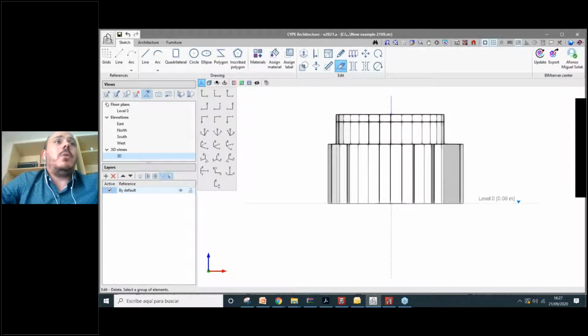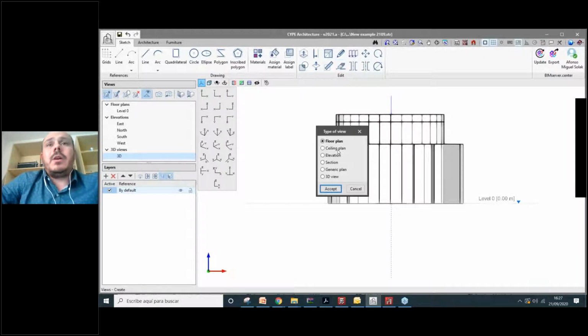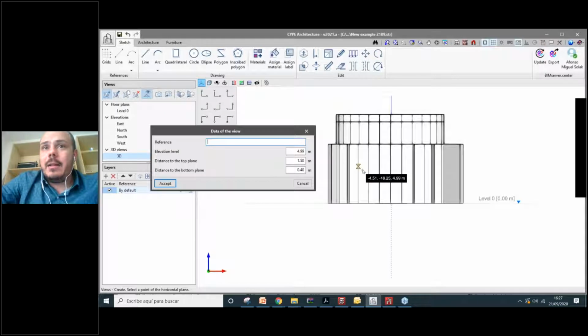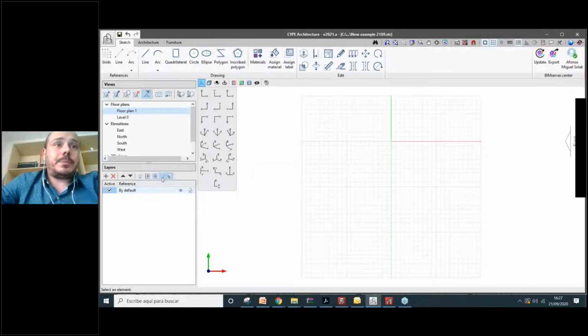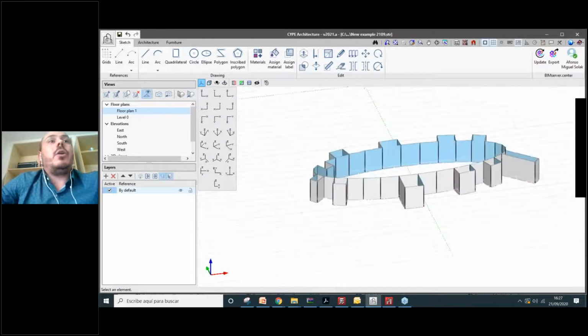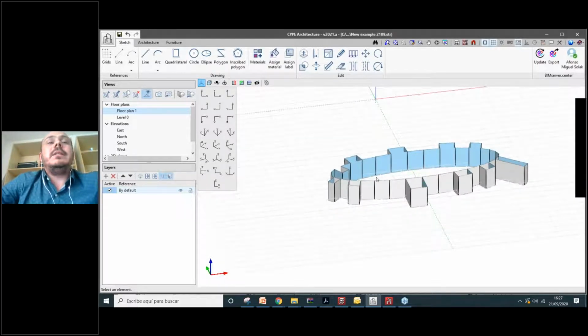For example, let's create a new one. I'll create a new view that's going to be a floor plan. This floor plan is going to be at this height. The height that I clicked before was 4.99 meters, and I will say that this is floor plan 1, for example. And when I create that, I have the floor plan here. So this is another way to change